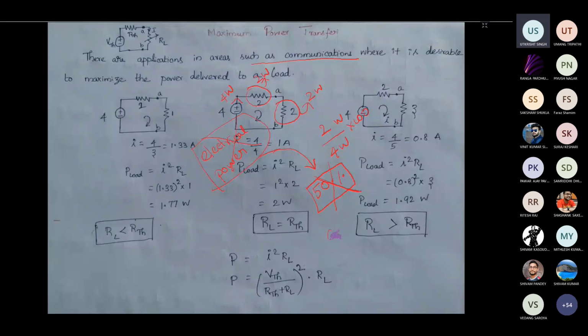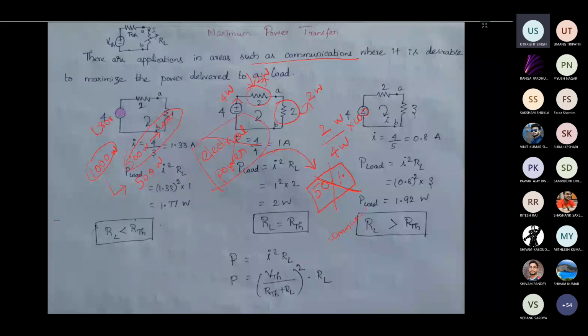Okay, so this is applicable only from a communication perspective, because in an electrical power system the efficiency of the power supplied should be very high. For example, if I am having 1000 watts of generation, and I am able to supply only 500 watts, and 500 watts are lost as power loss in the line, then this is going to be a huge loss for me, because for generating 1000 watts I will be spending crores of rupees.